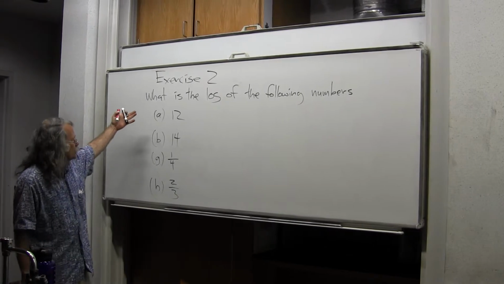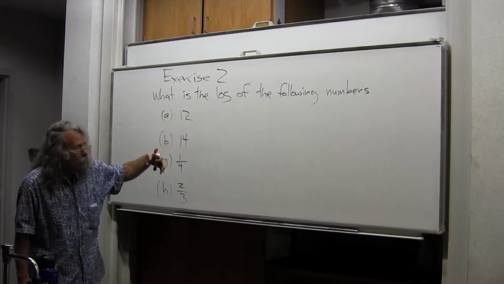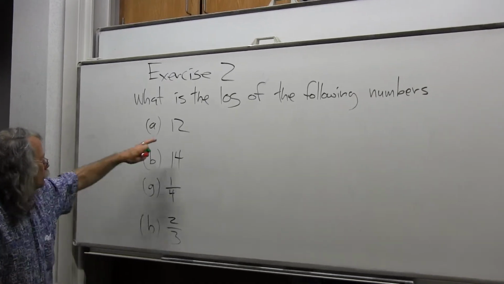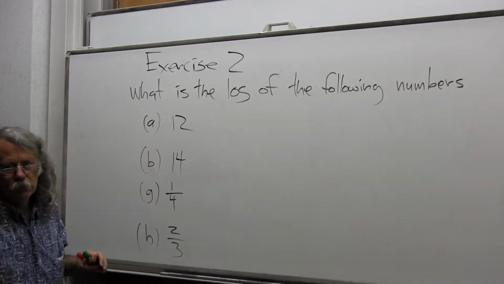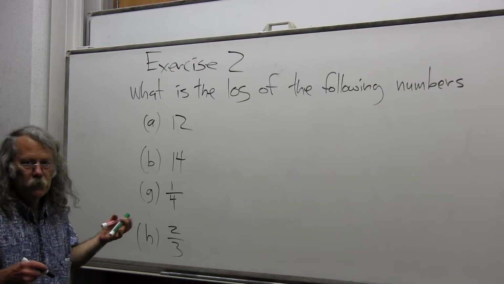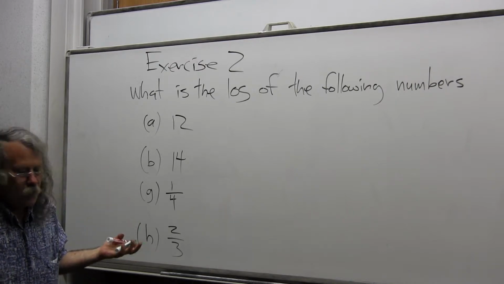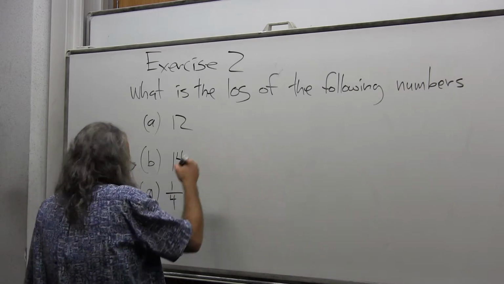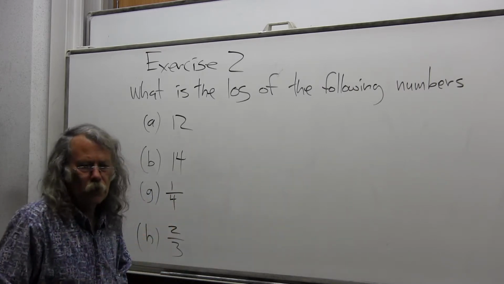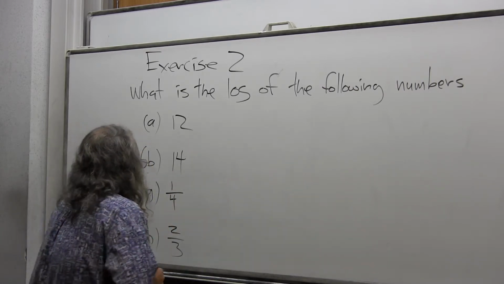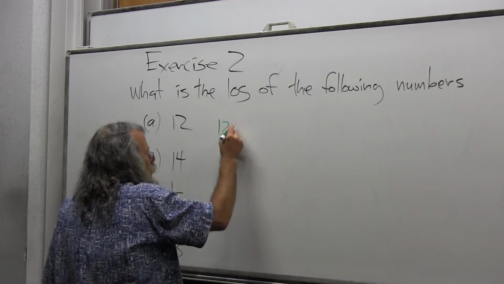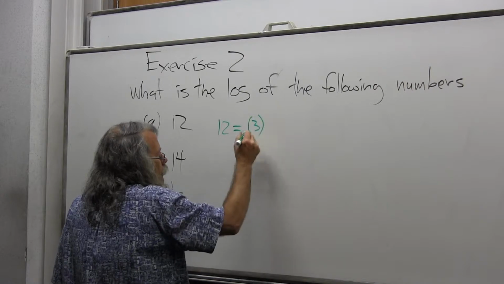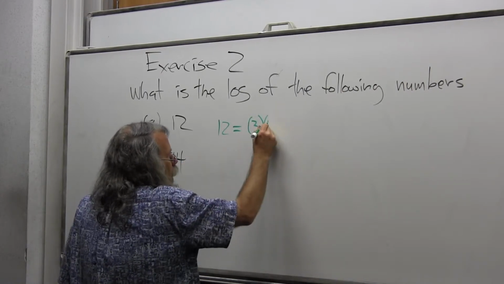The exercise is, what is the log of the following numbers? The first number is 12. Well, 12 can be factored. There are several ways to factor it, but let's take 12 is equal to 3 times 4,